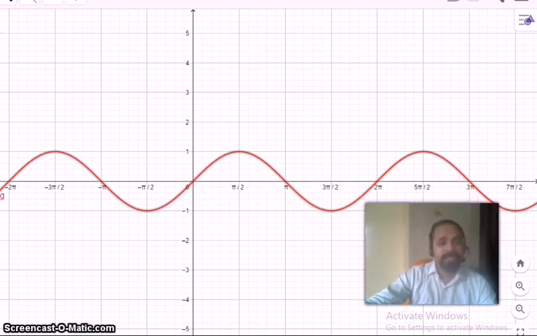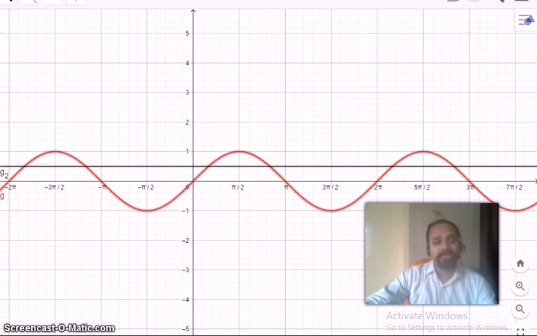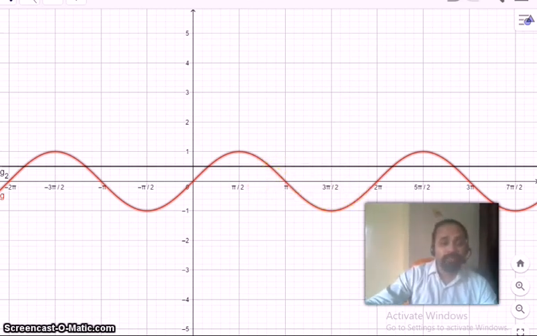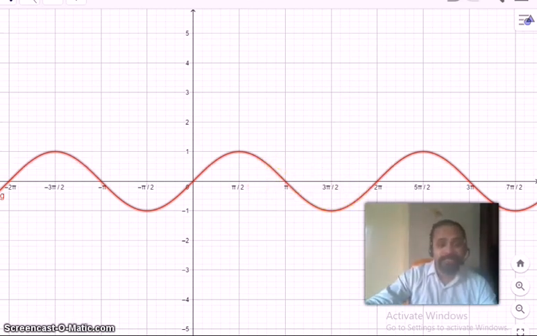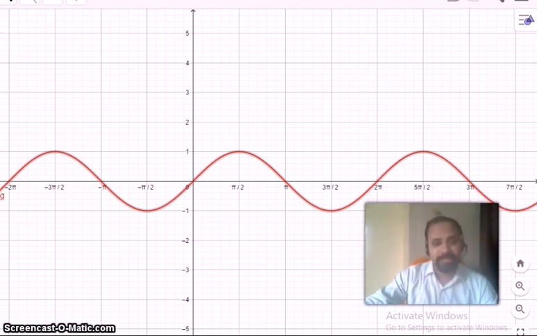Or simply you can draw a parallel line, or see whether it is defined or not. If I take y equals 1 by 2, then see, parallel to the x axis, the line y equals 1 by 2 cuts sine at more than 1 point. When the graph cuts at more than 1 point, that means that function is not one-one. This function is a many-one function, and this violates the definition of an inverse trigonometric function.